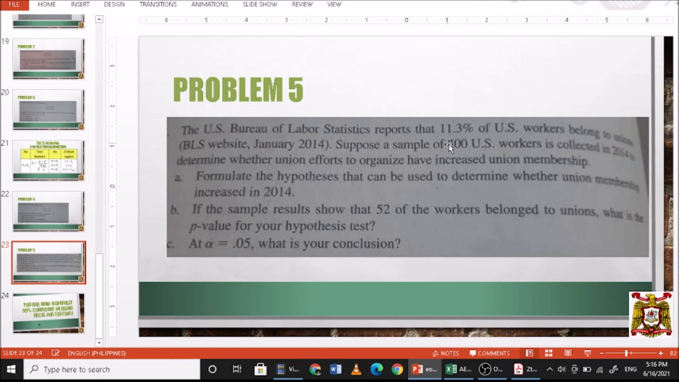So still, 11.3% of U.S. workers belong to unions, less than or equal to, not greater than. Okay,